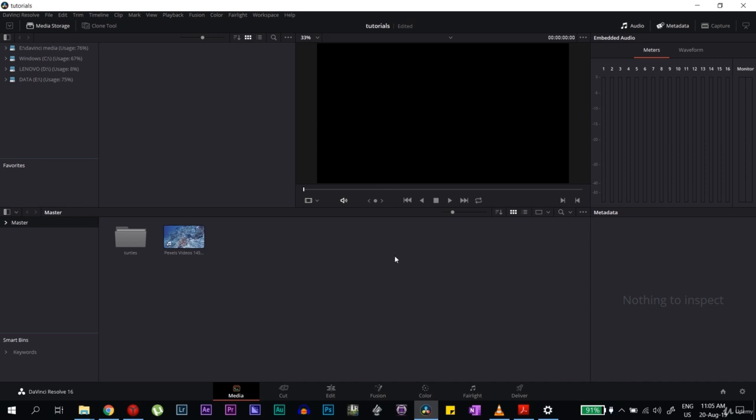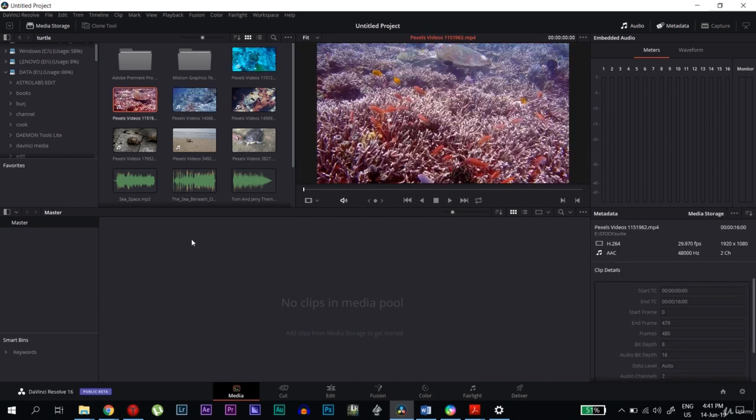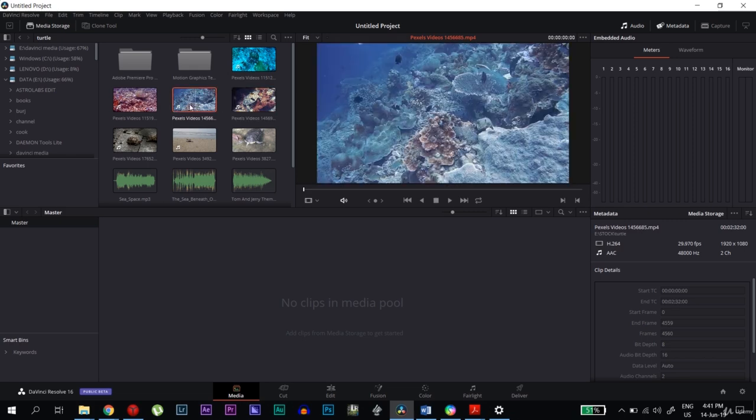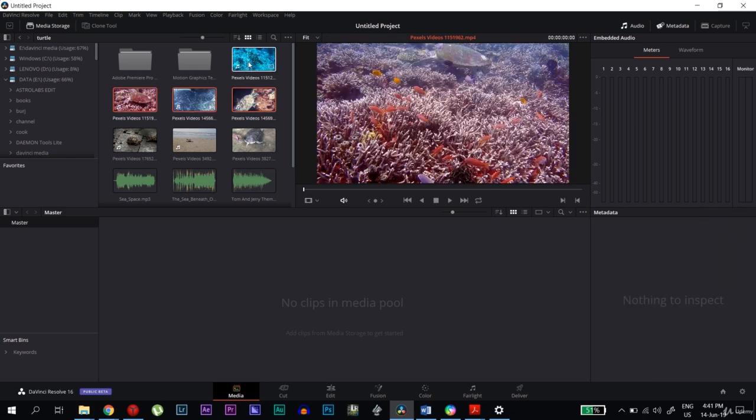DaVinci Resolve interface. Most of you have been thinking of changing from another software to Resolve. Resolve is very powerful now with the new version. So let's take a look at the different tabs and how you go about it. First, the media page. In the media page you can import the files. Whenever you start a project you can import the files by selecting them. So let's select these files